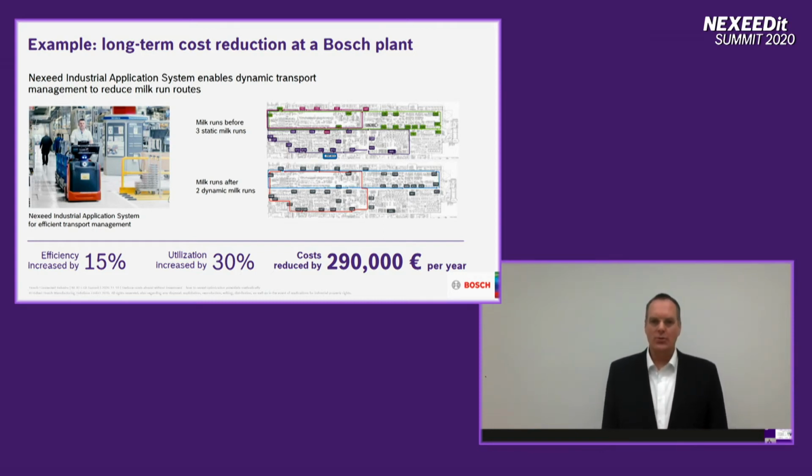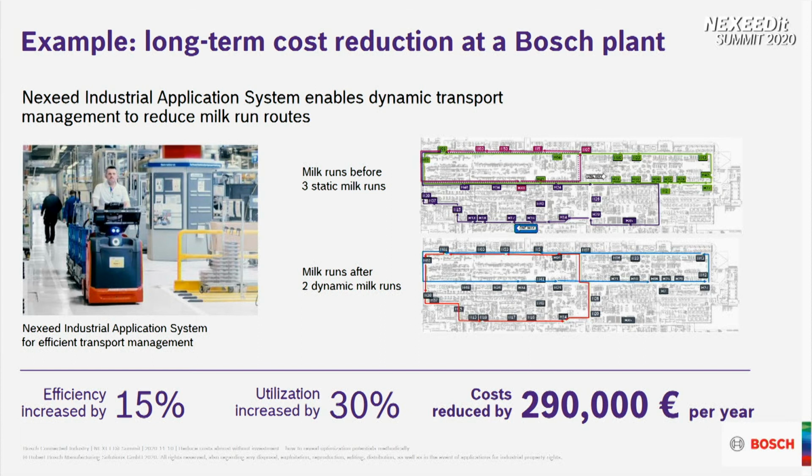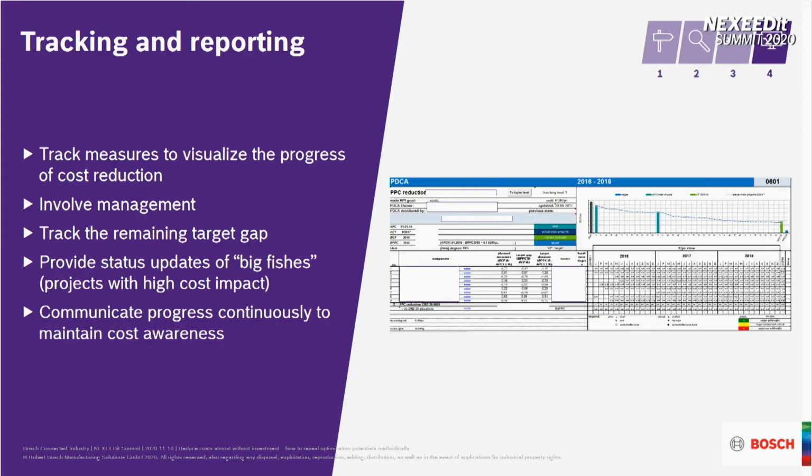And we also could reduce the costs by more than 290,000 euros per year. Those are 2 very concrete examples. And now I want to come back to the 4-step approach and show you what we do in the 4th step of cost reduction. So in the 4th step, we do a really clear, target-oriented